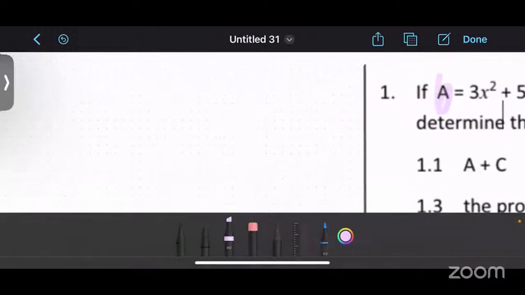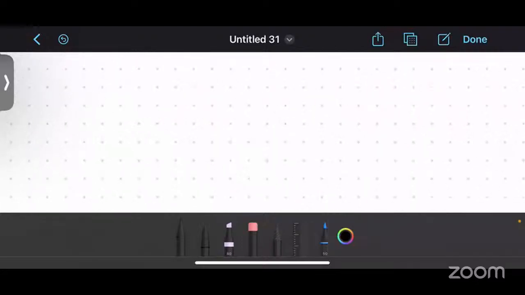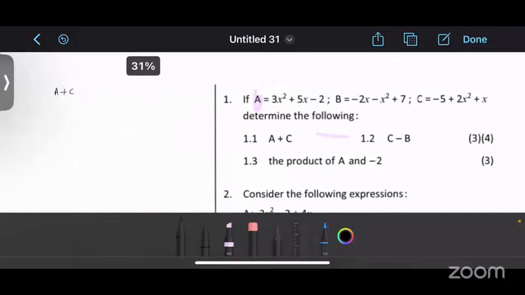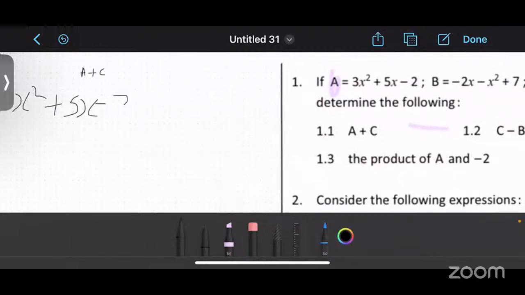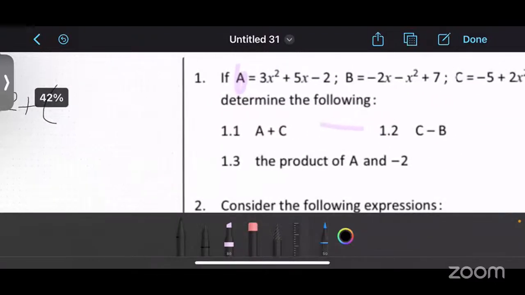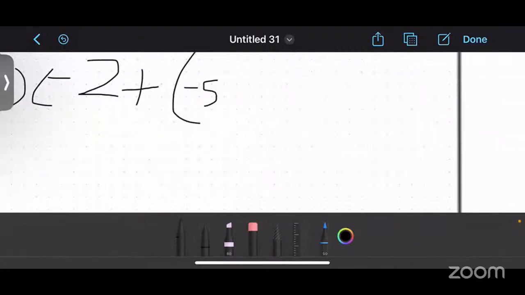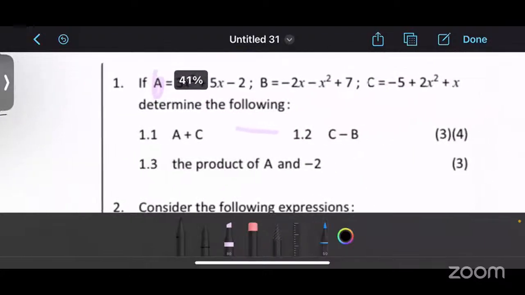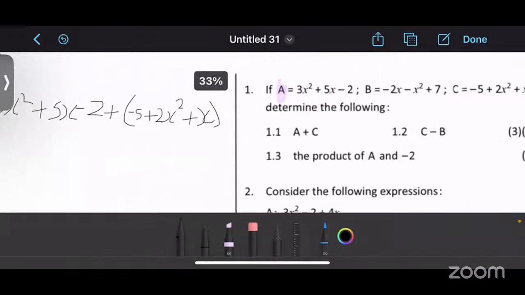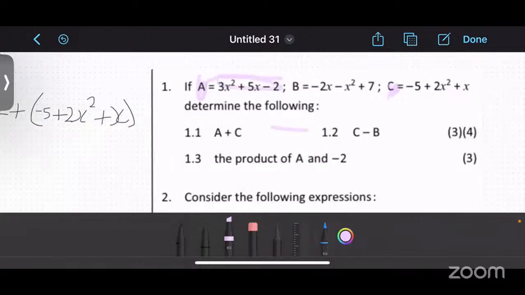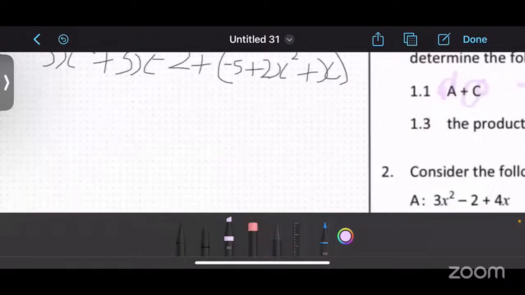Let's write our A plus C. Is it a minus? It's a plus. So it's going to be 3x squared plus 5x minus 2 plus, in brackets, C, which is minus 5 plus 2x squared plus x. So you see, we just replaced our A with this because A is equal to that, and then we just replaced our C with this over here, and now we're just gonna solve and add the like terms,